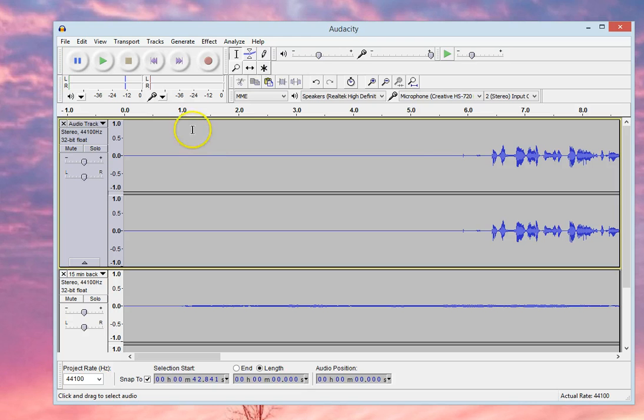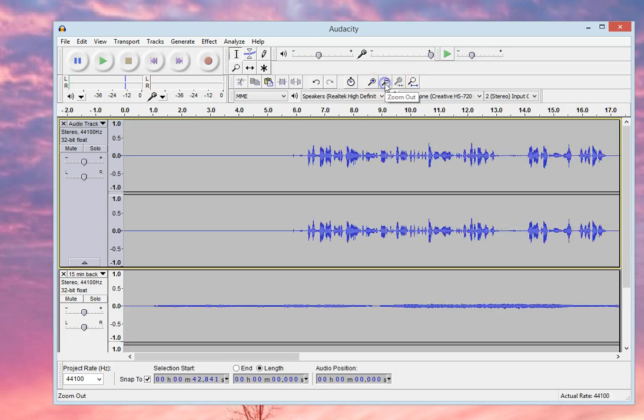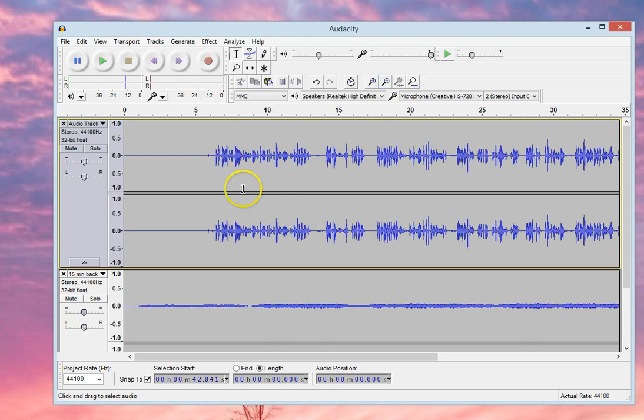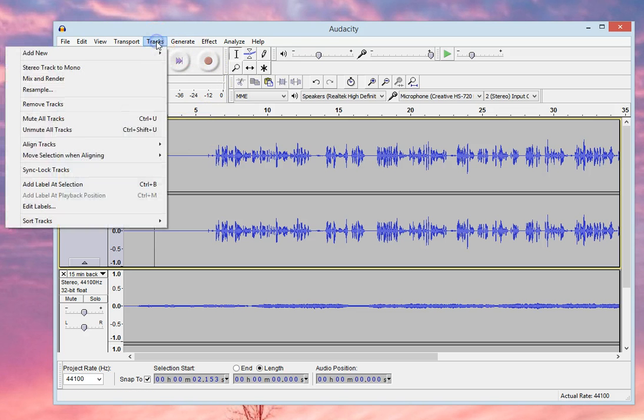Now I left 5 seconds at the beginning, so my voice doesn't start until the music's sort of well in. Let's just shrink that so we can see where we are. If the music starts in the wrong place and you'd rather delay things with your speech or bring it forward a little bit, you can align the track. And what we can do in this case is, if we sort of click about there, Tracks, align track,